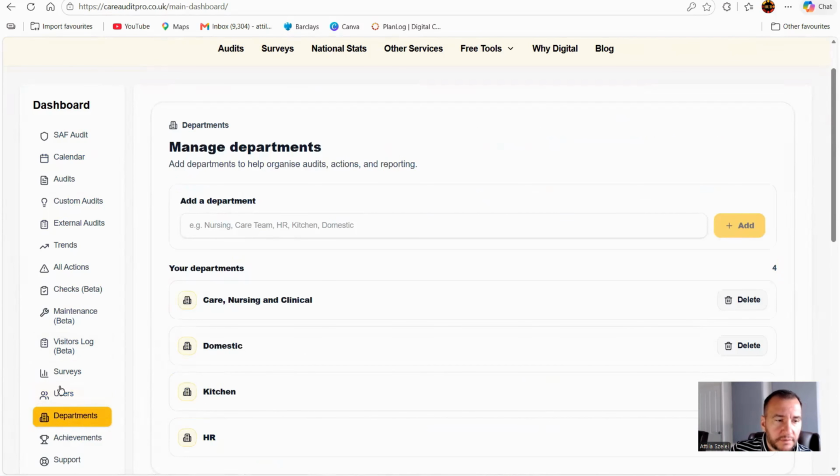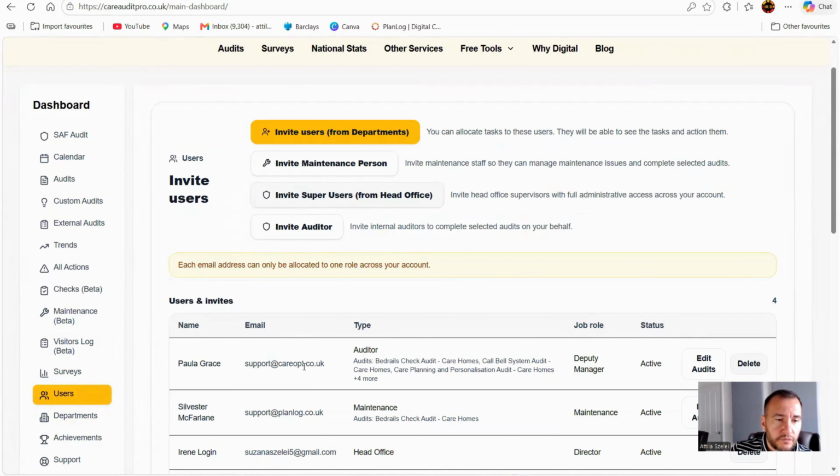So this is the department and the user tabs. This means with these two tabs, you have full control of your business, your departments, and with the user management feature, you have all types of users. Everybody can be involved